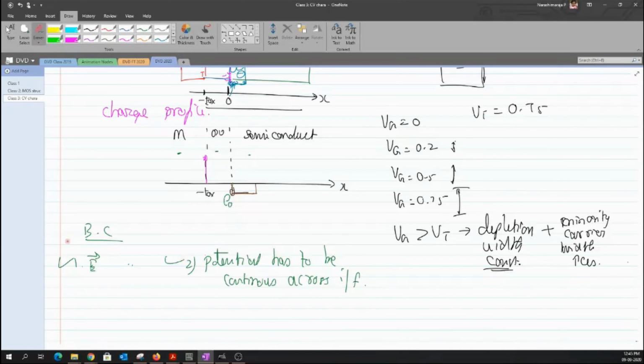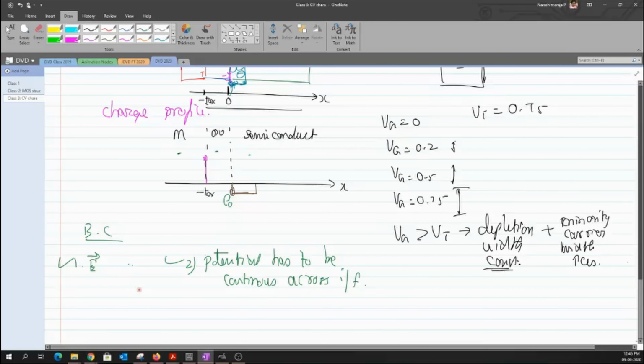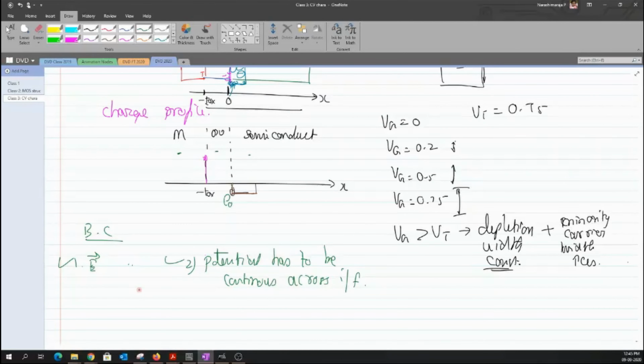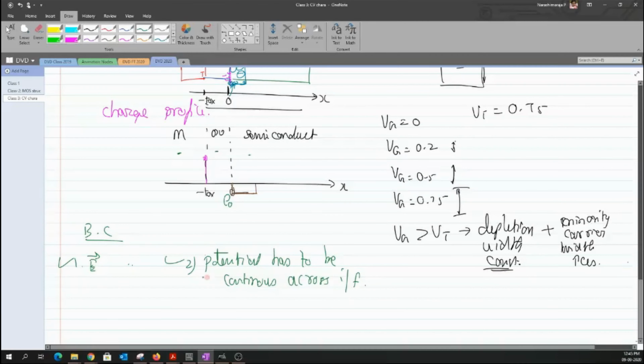Clear? And you don't ask me how these boundary conditions and all work, because purely it's based on your field theory. If you want, I can just give a hint that this can be proved with Gauss law, and this can be proved with just the potential equation that I was writing, which is the gradient of V that is equal to the electric field. So based on those two principles, one can prove these two conditions across the boundaries. So I'll not go much more in depth.